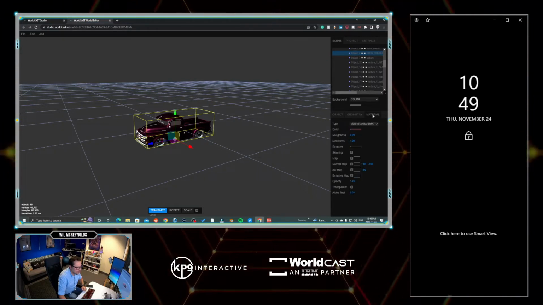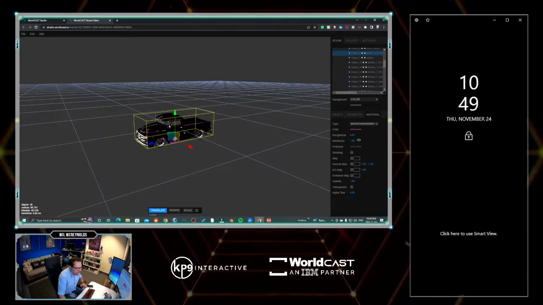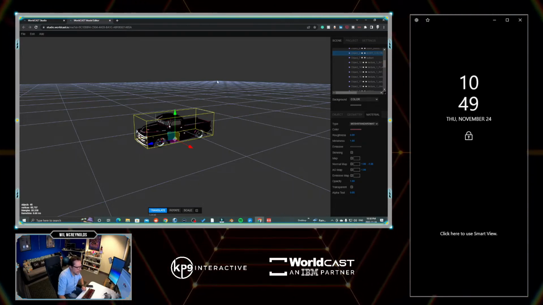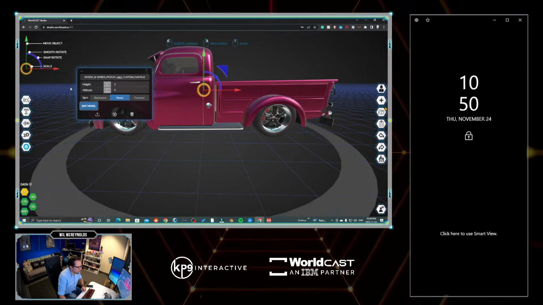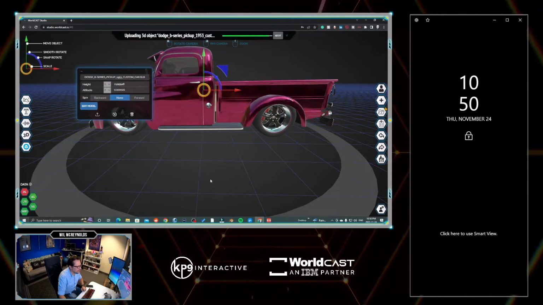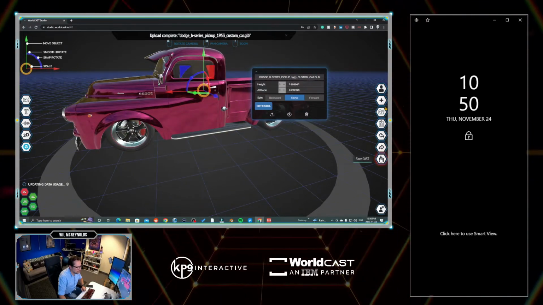We're going to go Material and we're going to bring the roughness all the way down, and we're just going to leave it at that for now. I'm going to go File, save the studio and close. We'll give it a second and now we can see it's a lot more shiny. So if I go save,